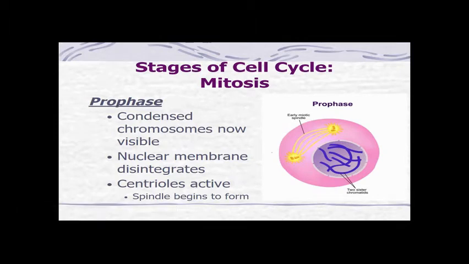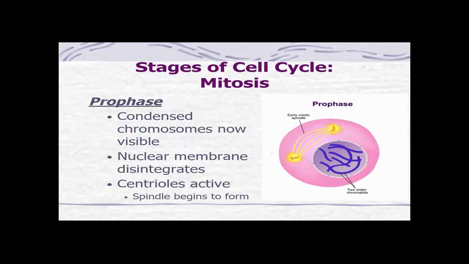So once we leave interphase, then we enter mitosis. And the first stage of mitosis is prophase. Prophase is when those condensed chromosomes now become visible. We can see them as their rod-shaped X form. The nuclear membrane begins to disintegrate. So the nucleus is going to disappear, which means the chromosomes are going to be able to just float in